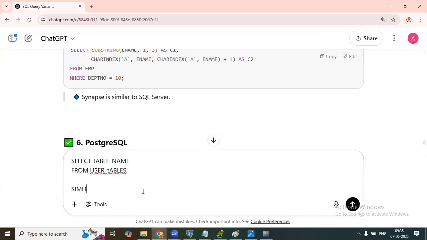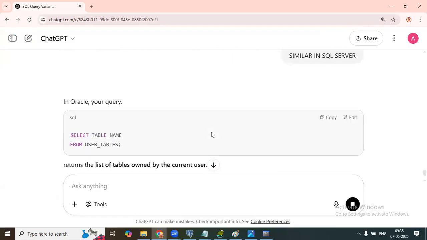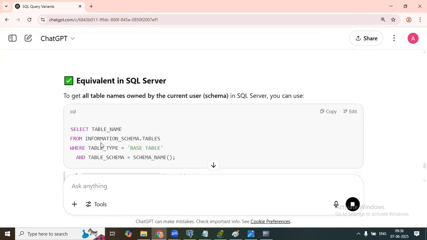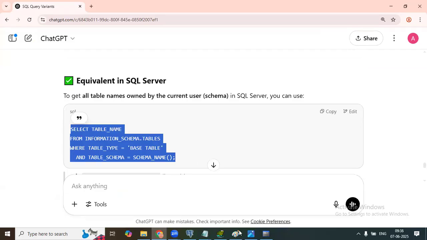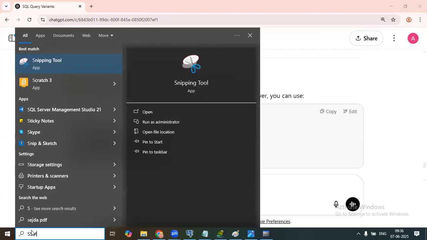Similarly in SQL Server, it is called information_schema.tables. If you run this query, it will give you all the tables that are there.